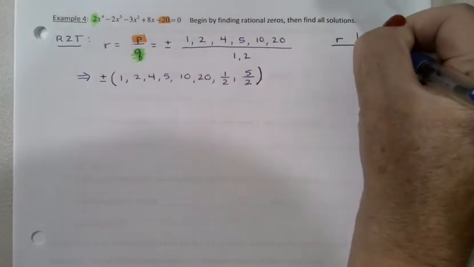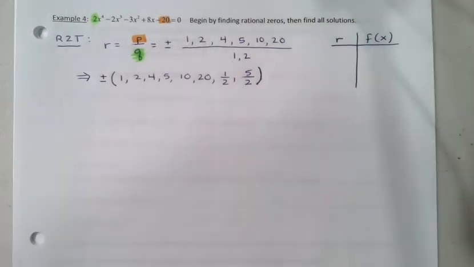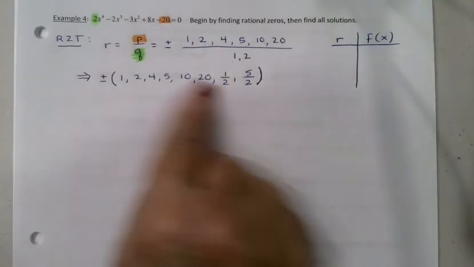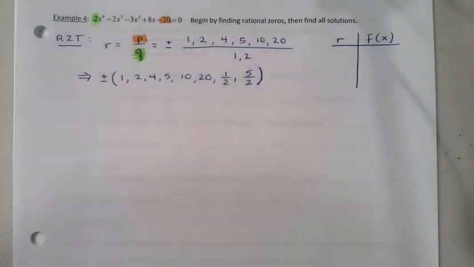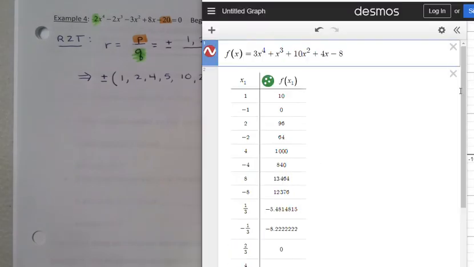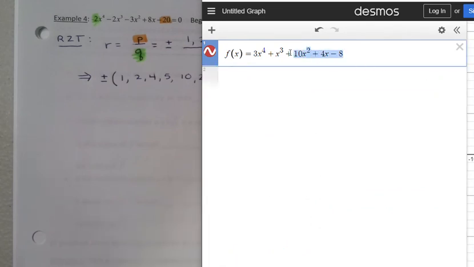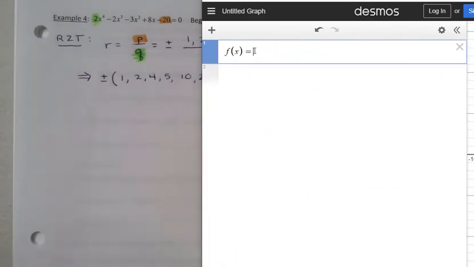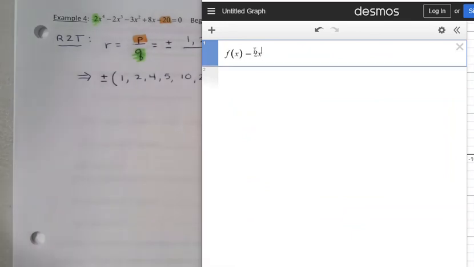All right, so we're going to try these in Desmos and see which of these actually make my polynomial equal 0. Again, there's a lot of them, so we'll only write down the successful ones. All right, so our polynomial this time is 2x to the 4th minus 2x cubed minus 3x squared